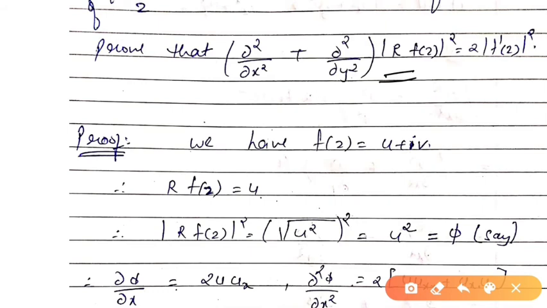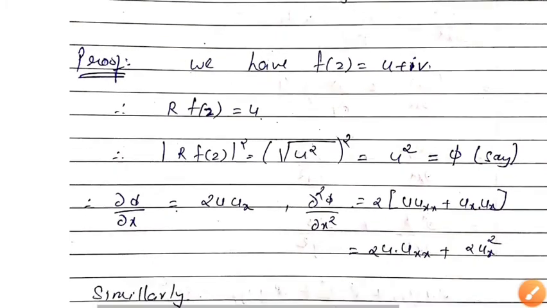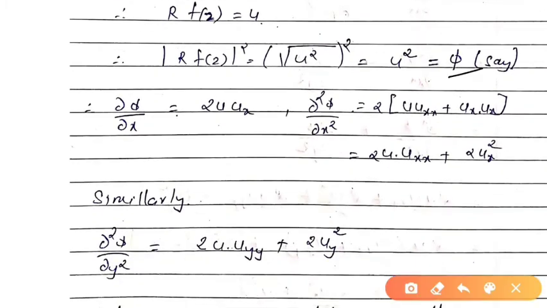See, now we know that f of z equals u plus iv. So what is the real part of this? Real part is u. I am first starting from the inner portion, so real part of f of z will be u. Next, what is asked? It is asked modulus. If I take modulus of this, then you get under root of u square. Next is the square of the whole term. So I have done here square of the whole term. Again this root and square will get cancelled. You will only get u square, and I am naming this u square as a function phi.